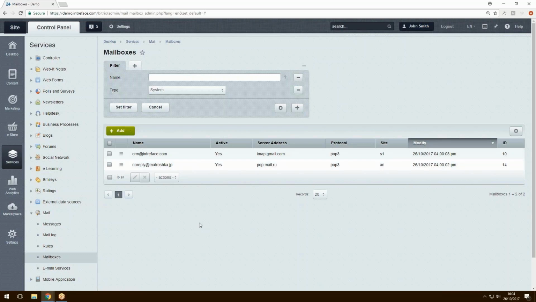The reason for this is that we can receive an email in and then perform a certain rule on that email. A good example is if support@intraface.com was set up as a mailbox within Bitrix. Every time somebody emailed support@intraface.com, it would check to see who that email was from. If that email existed in our support user list, then it would create a support ticket. So Bitrix does come with a few standard